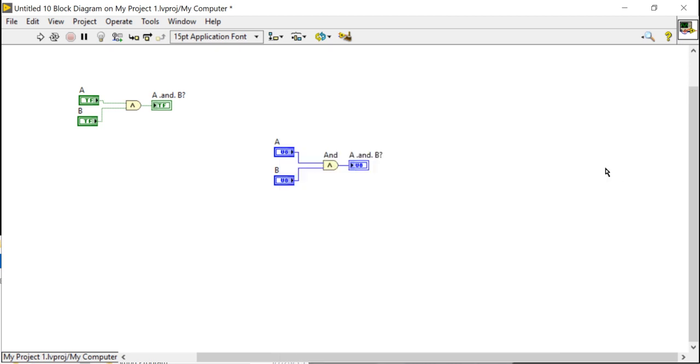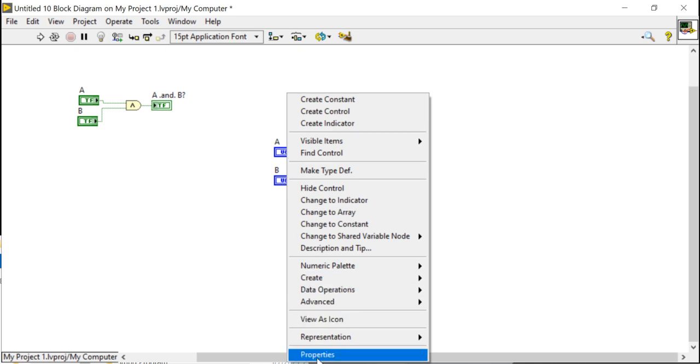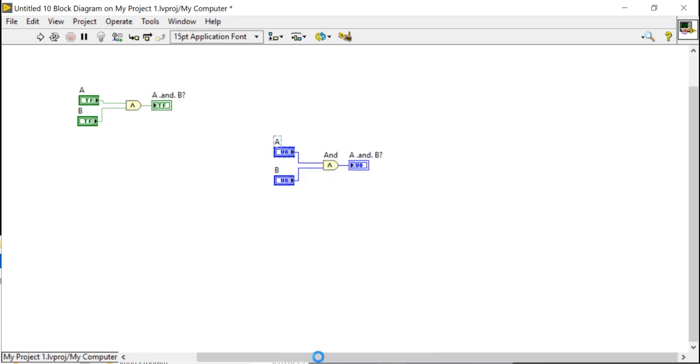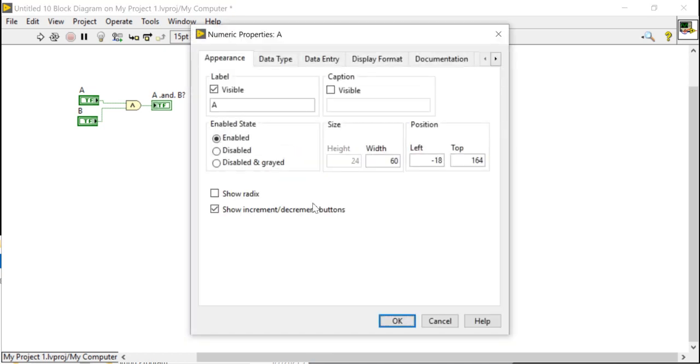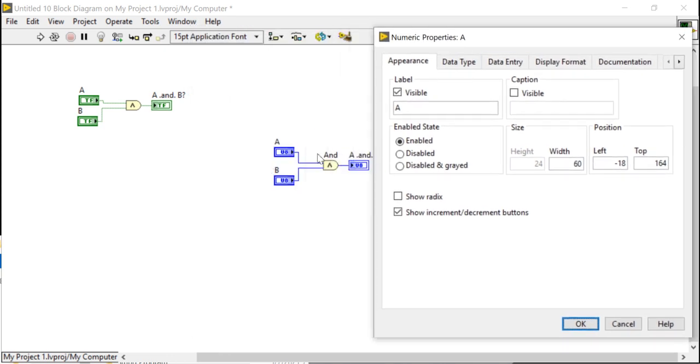Now right click, come into the property. Right click on the A and come into the property.